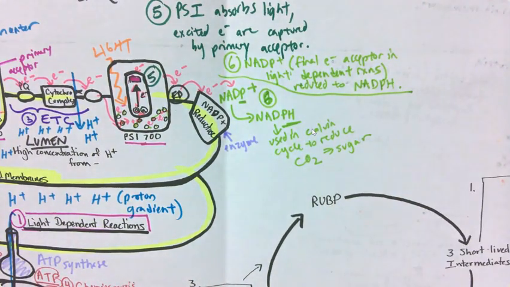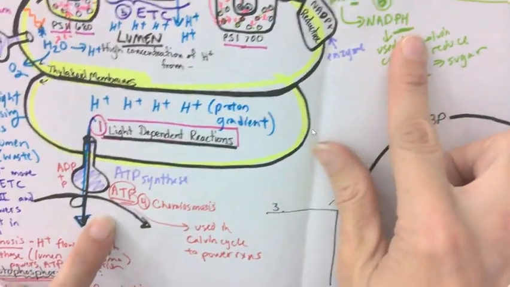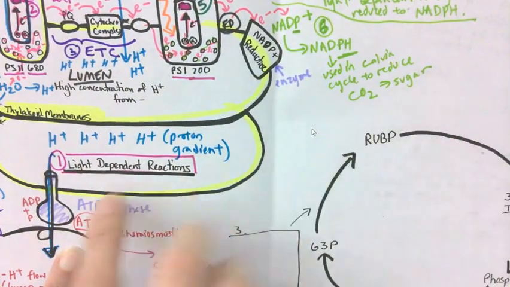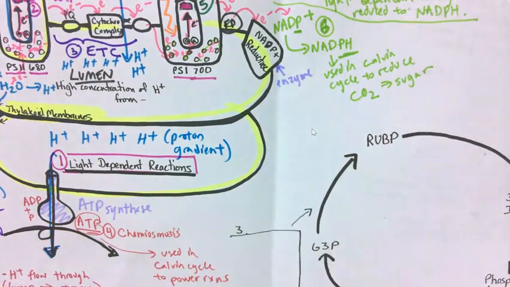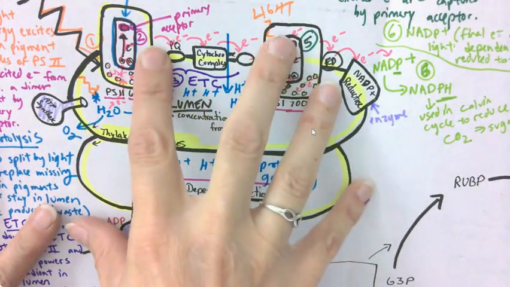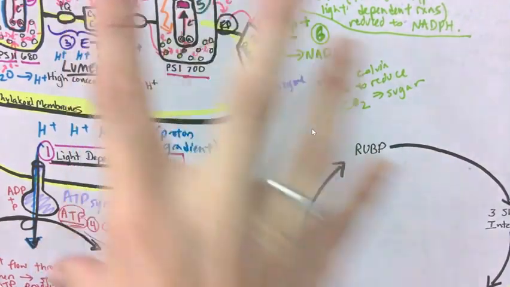All right. So this is the end of the light dependent reactions. And there'll be a separate video on the light independent reactions, also called the Calvin cycle. But if we think about photosynthesis, ATP and NADPH are not final products. NADPH and ATP are known as intermediate products. They're made to help the next step in photosynthesis occur, but they're not our goal. They're not our final products. So the main point of the light dependent reaction is we're harnessing light to excite electrons. Those excited electrons are going to do the work for us to allow us to create ATP and NADPH, which are intermediates that are going to help with this next step of